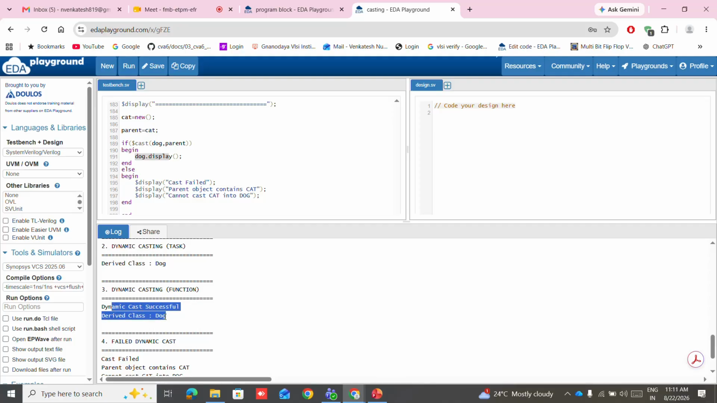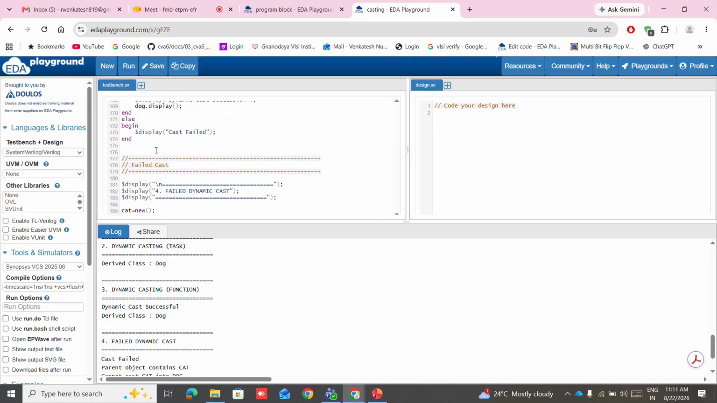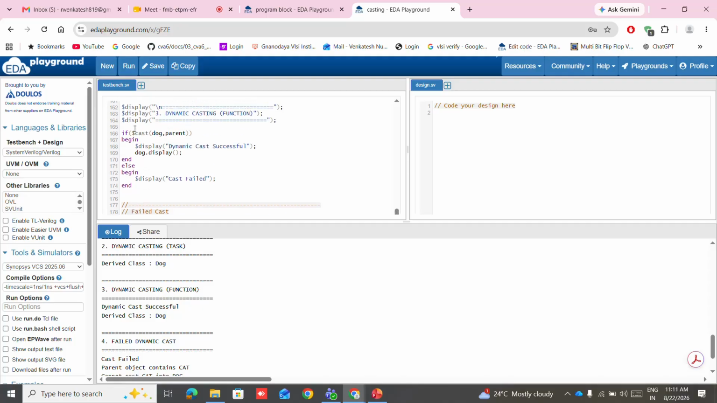Okay, dynamic casting is successful here because the casting is done parent equal to dog here. Okay, and then dog comma parent, dynamic casting is successful, dog dot display, I mean the derived class is dog. Okay,